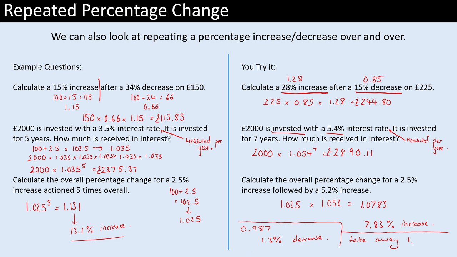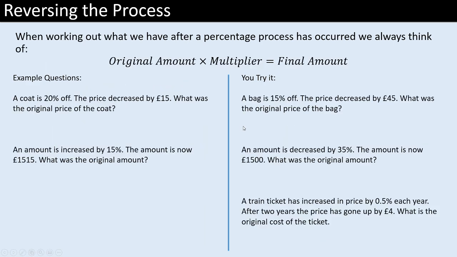Okay. So we've still got a couple of things that I want to look at now, because we're looking at everything that we could want to look at to do with percentages, and we've still got time. Where things start to change, especially on the crossover side of things, as you start getting into higher tier, is where we want to try and reverse this process. And we've got to think about this quite carefully. What we have done over the last couple of slides is think that our